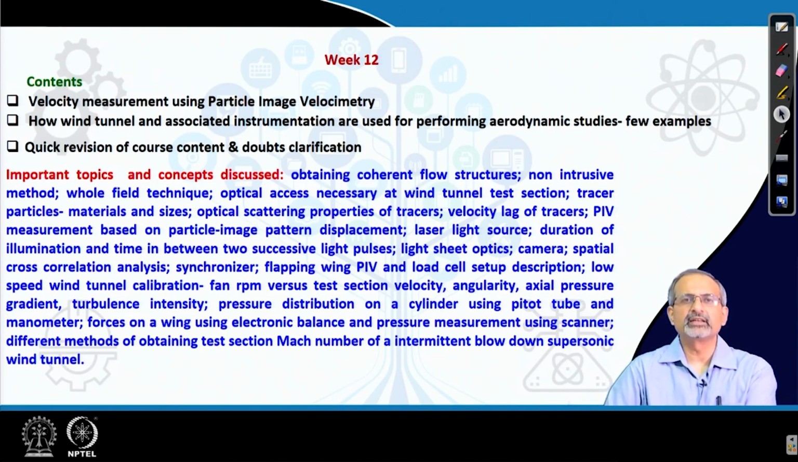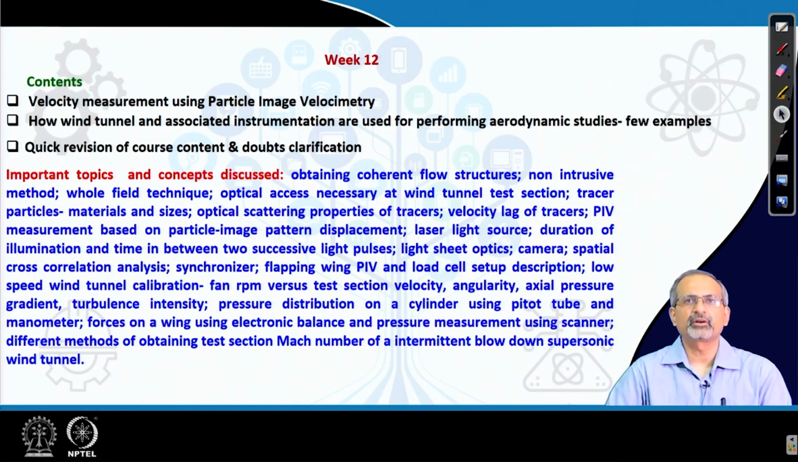Then to illuminate the tracer laden flow, a laser light source is used. We discussed how to choose the duration of illumination and time in between two successive light pulses, their significance, the light sheet optics, camera, spatial cross correlation analysis, the significance of a synchronizer, and then we ended the discussion with looking at flapping wing PIV and load cell setup description, and then moved on to low speed wind tunnel calibration: fan RPM versus test section velocity, angularity, axial pressure gradient measurement, turbulence intensity, before we